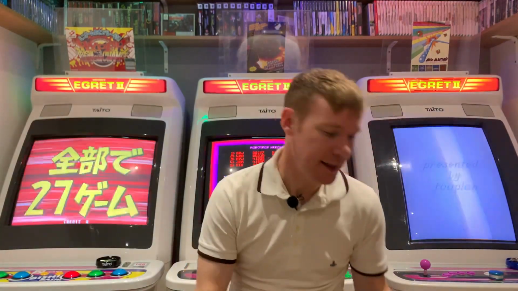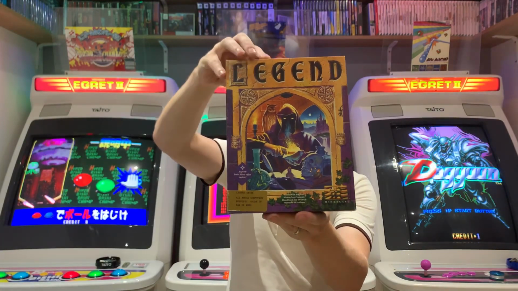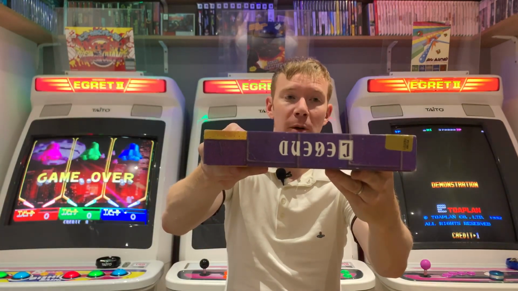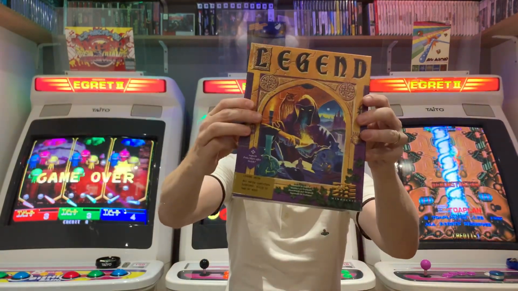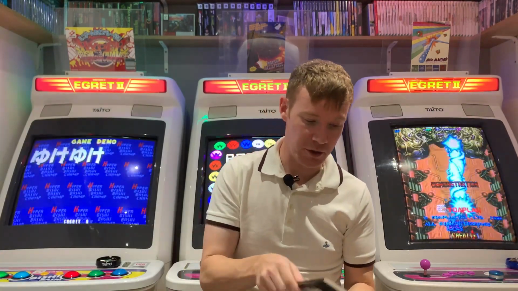Now this one, again, I knew absolutely nothing about. The box is really heavy, weighs a ton, and that's Legend. Now I've heard this is a really good RPG for the Amiga. Published by Mindscape, the company behind Moonstone. Absolutely lovely condition. In fact, I'd say most of these were, to be honest. Most of them were, but it's got